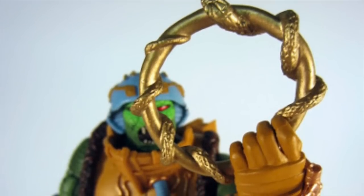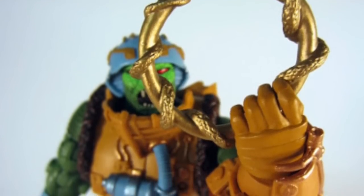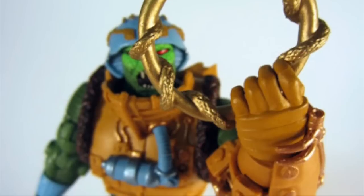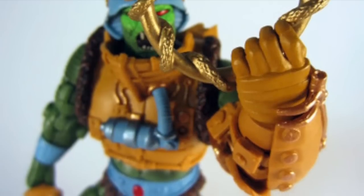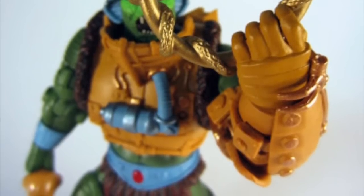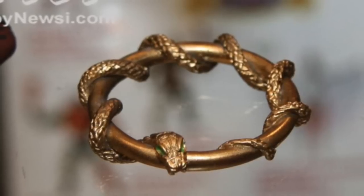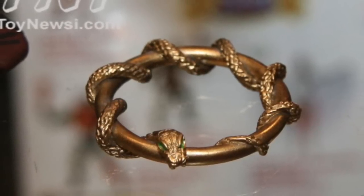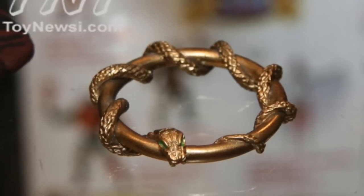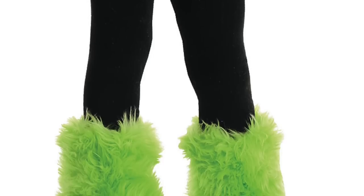So transforming this character into a figure, there were a lot of discussions about what accessories and how he should be done. We definitely wanted to include the snake ring, or the serpent's ring, because it was the device that caused his transformation. And this was something we actually teased fans with by putting the serpent ring out at New York Comic Con without the figure, just sort of putting it there as a tease